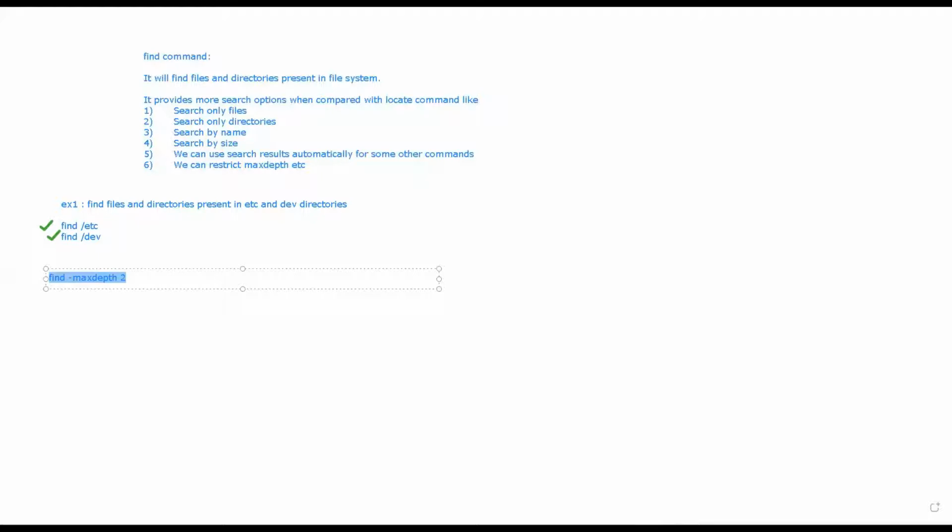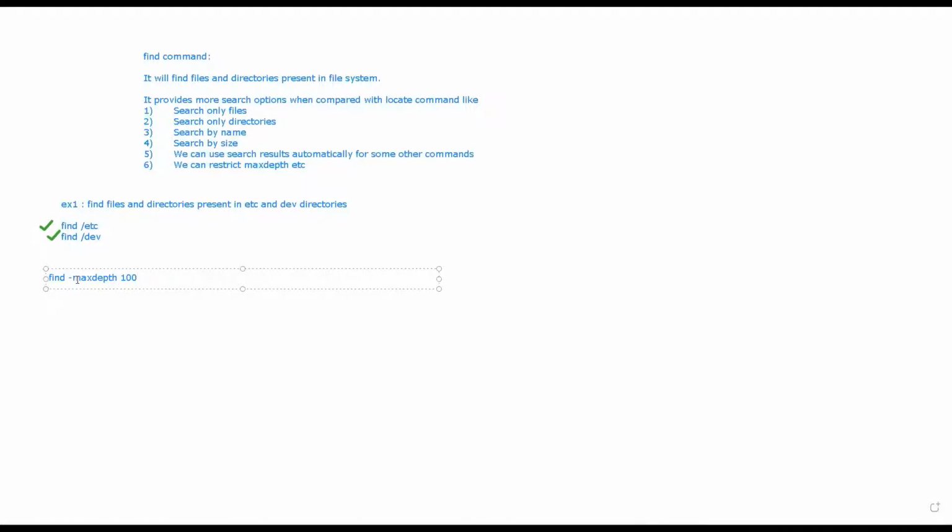For example, let's say I have 4 levels of directories and I want to search only in the first level. You can say max depth 1. If you want to search two levels, you can say 2. If you have 3, you can specify 3. This can be n, meaning it can be anything, even 100.